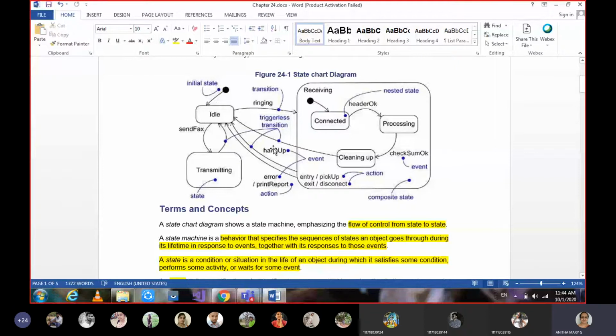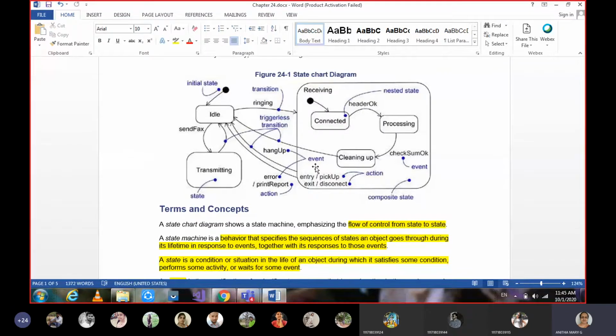So the same example we were studying, with the two other examples in the previous class. One is about the geyser, and the other one we were learning about the ATM machine, if you remember. In the ATM machine, what was the example here? Idle, and the maintenance of it is done. And here, as soon as you insert your card, what will happen? Active state. So the validation of the card and then processing, by giving guard conditions. So those were the examples that we have learned. The same examples you can take for state chart diagrams.